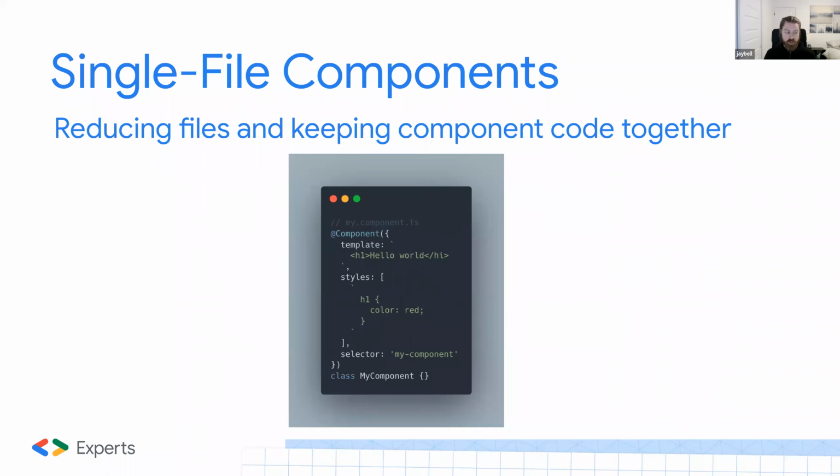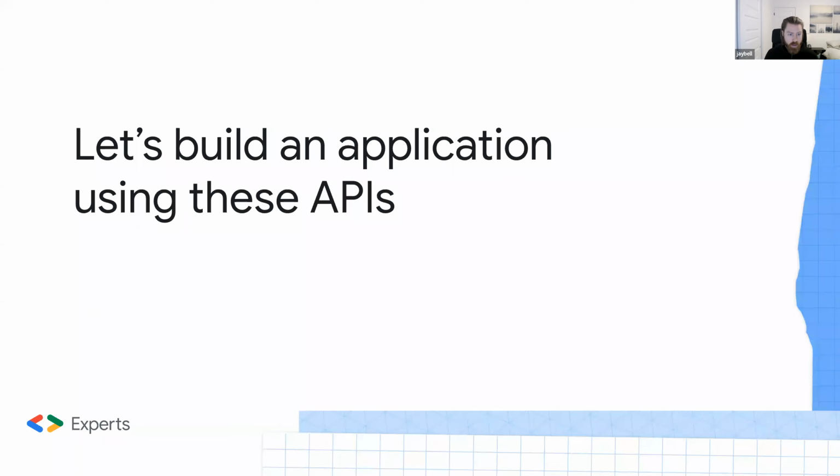So now what we've done is reduced our 4 different files down to a single file for our single component, and everything is just self-contained within that one file, which obviously is a lot cleaner. And you can visually see all of the related code together for that. Okay, so I know I kind of whipped through that a little bit, but let's go and see this in